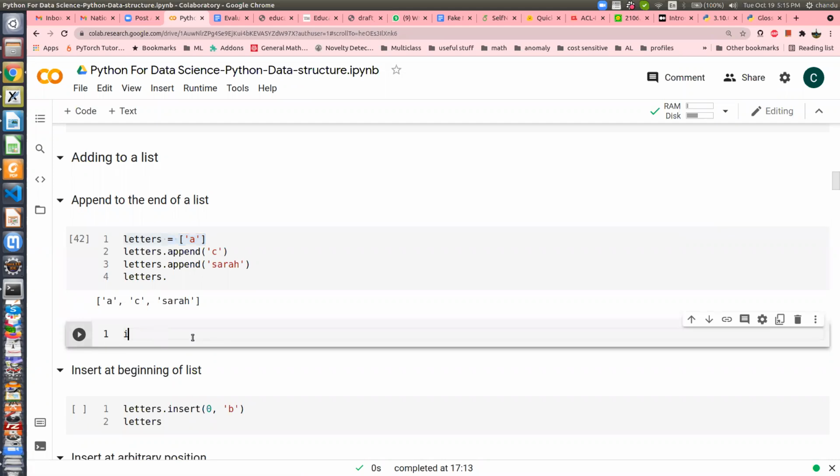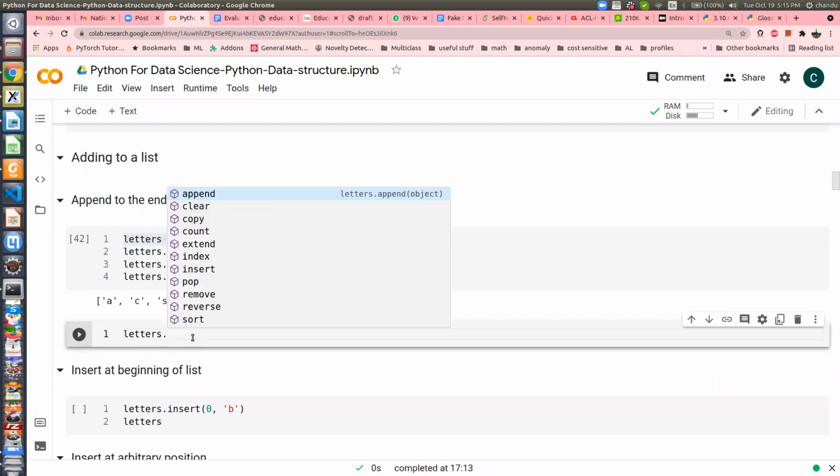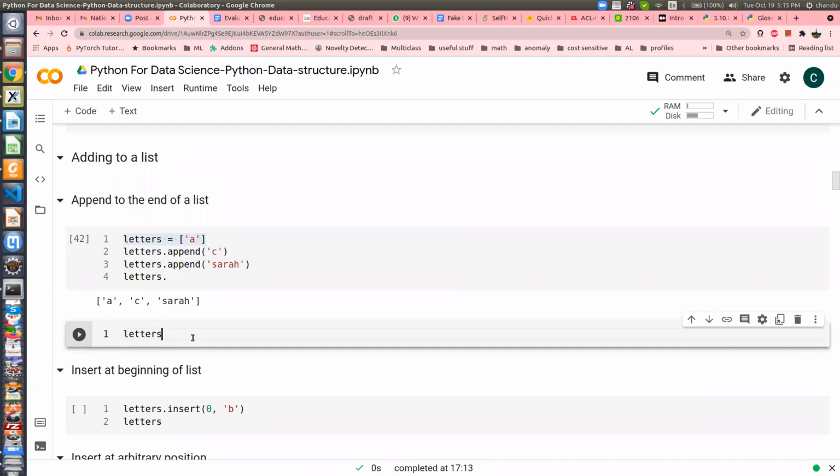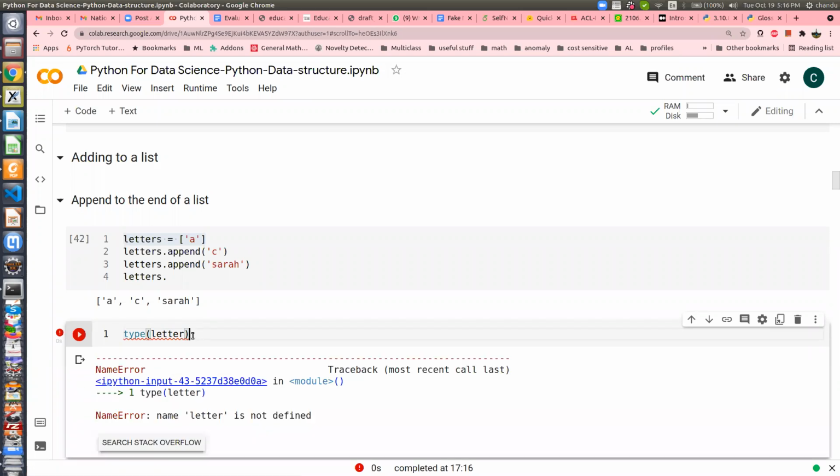When programming in Python you don't usually care about the data type, but it is implicitly there, and sometimes we do weird things, so you want to check what data type this is. Type is a function you can call to check what data type letters is. If you run the cell, sorry, it is letters, right?